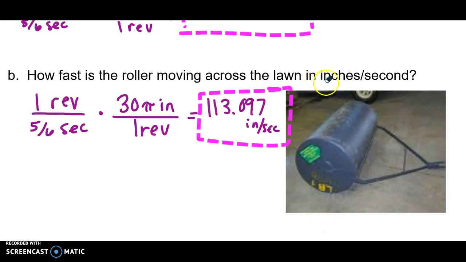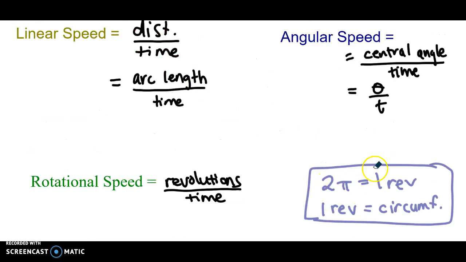All right, once again, check out here that it's asking for our answer in linear speed. So the key thing here, we have 1 revolution per 5-6 seconds that was given. We wanted to convert this revolution to inches, right, which is in terms of circumference. And think about what we were given. It said that the lawn roller was 30 inches in diameter, which makes this our circumference. Again, we keep using these two important